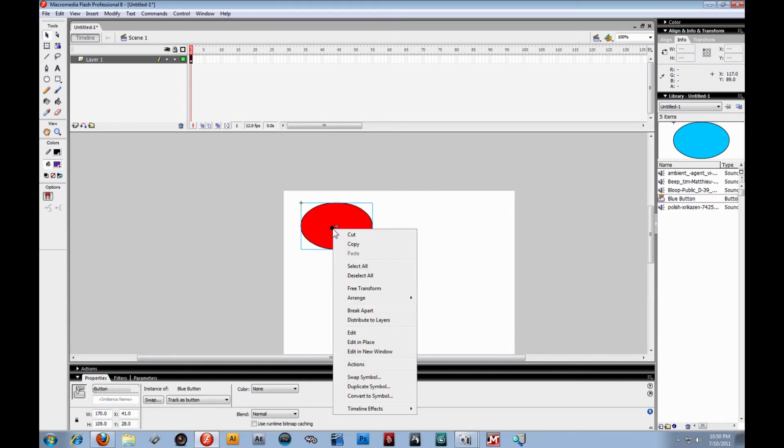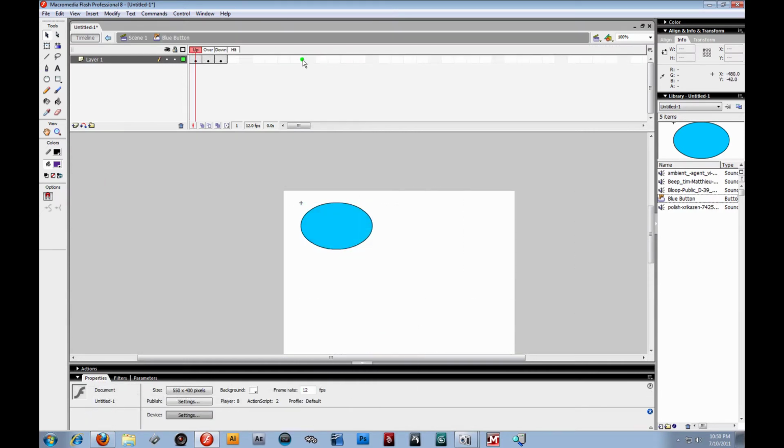I'm going to go right back into it, edit in place. And for now, I'm just going to remove the down state. So I'm going to remove the frame. And normally I'll just carry it over, and I usually carry it over to the hit state. Now the hit state indicates what part of the button you want to be activated. This will make more sense as you create custom buttons. That way you can indicate what part is actually being affected. So for example, if I were actually to carry this over,